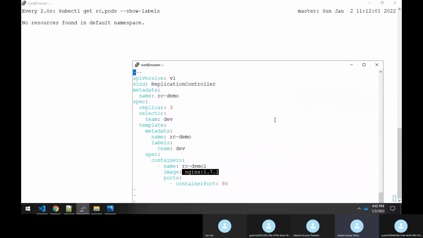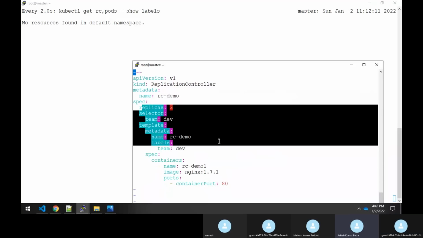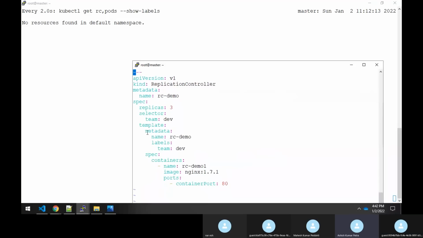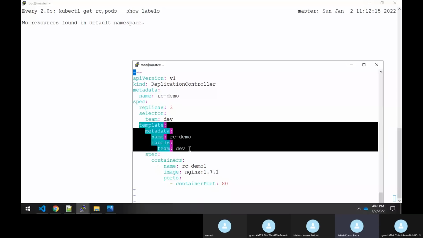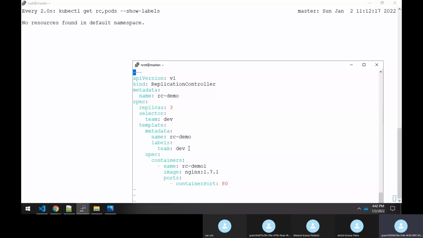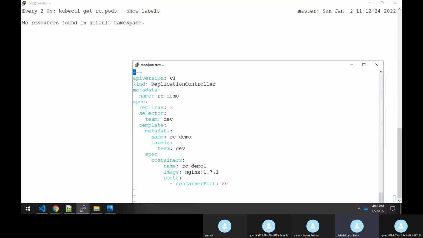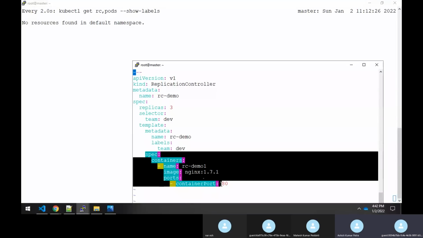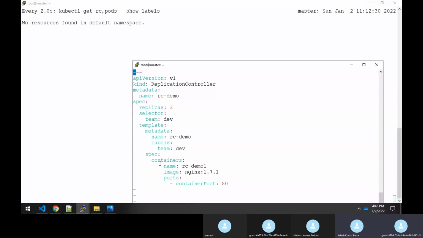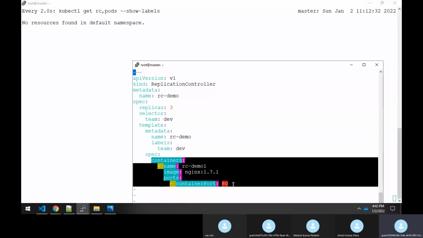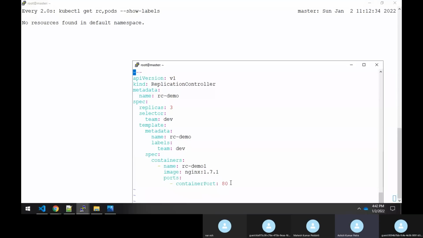And in this file, I have a small doubt. The first spec we are specifying is for the replication controller. We are giving replicas, selector, and template, correct? And this template is specific only to the containers, like the spec which is under the template block. The second spec, the lower one, is only for the containers, right? Yes, yes. You're right, actually.